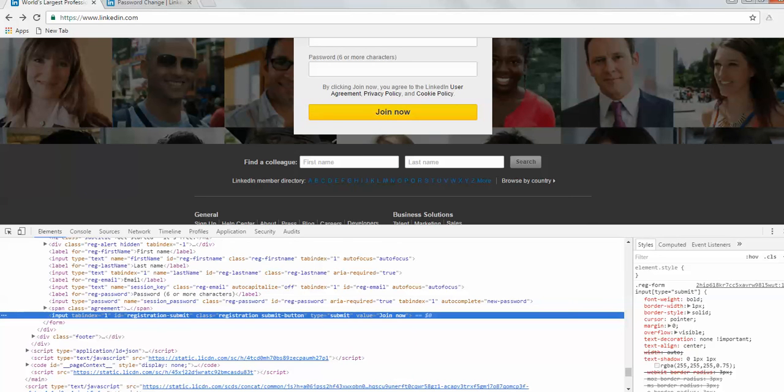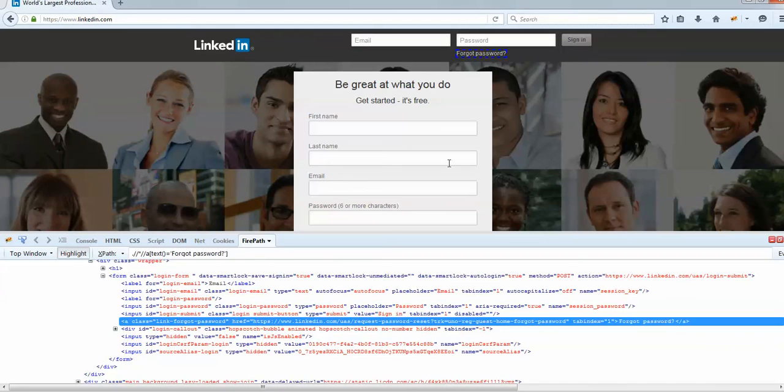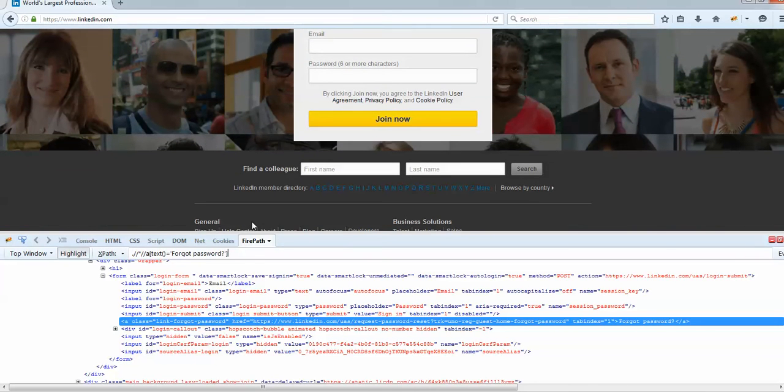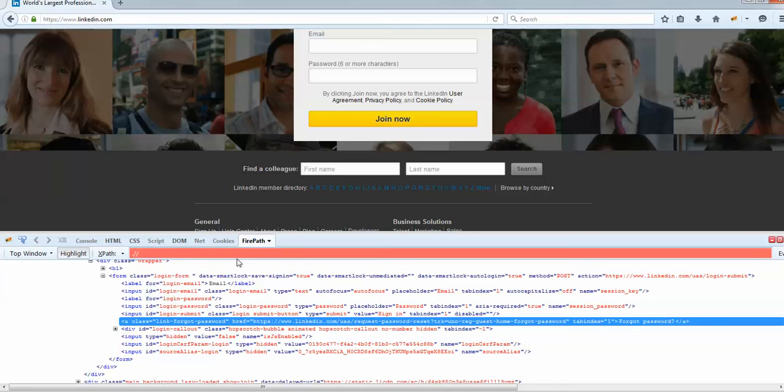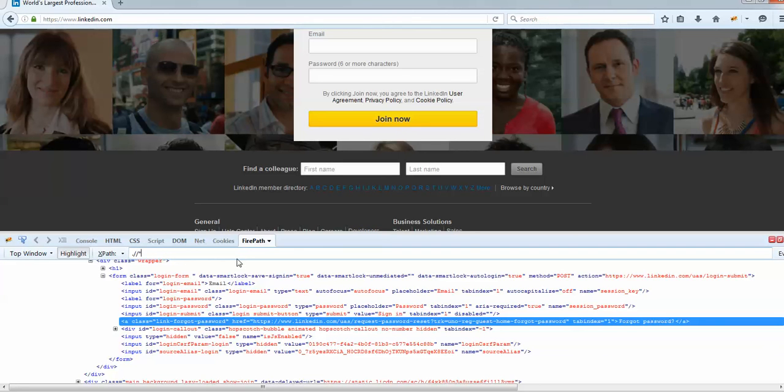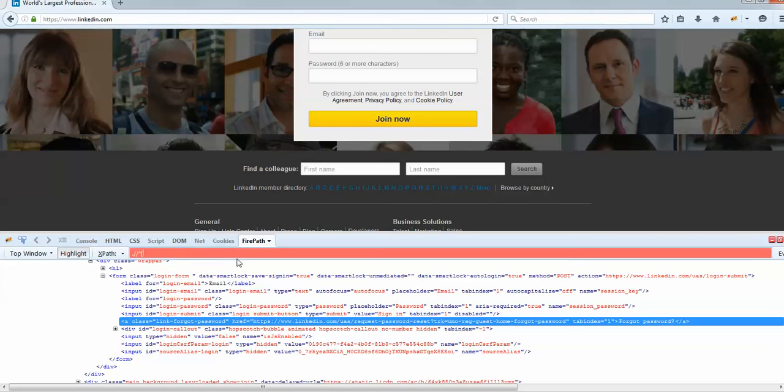So I will try to identify. I'll come to Firefox and I will write my own XPath here. Start with / asterisk at the rate of type is equal to submit.